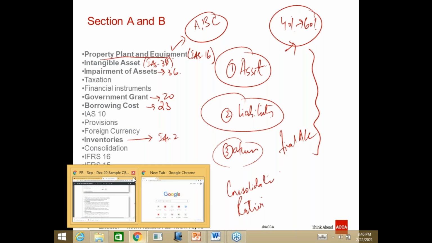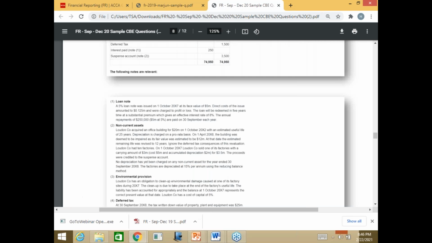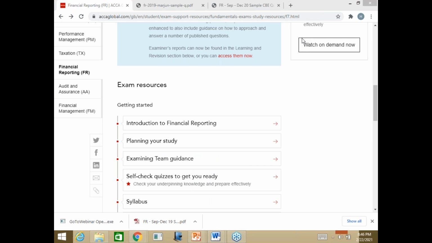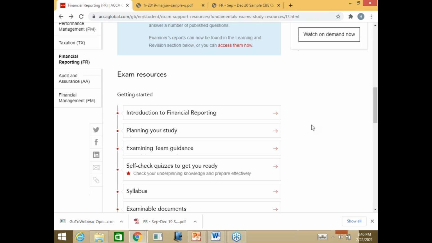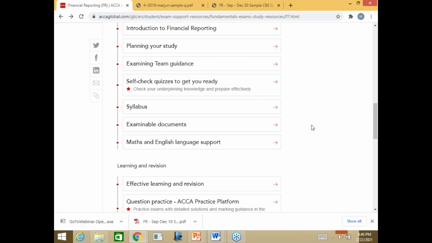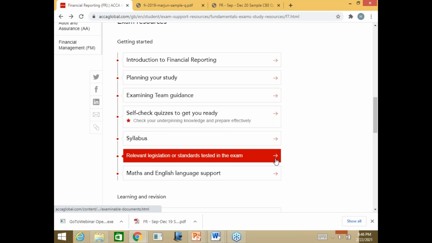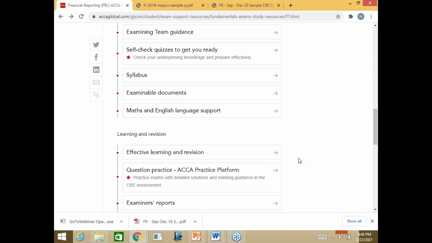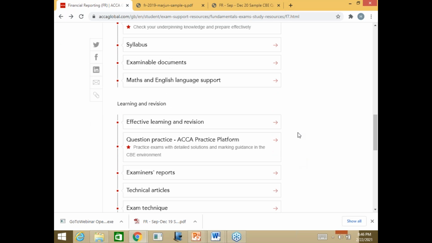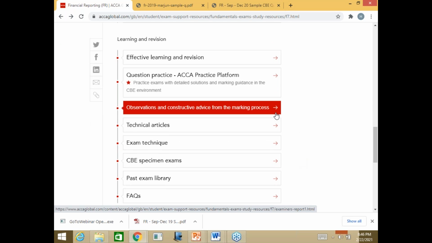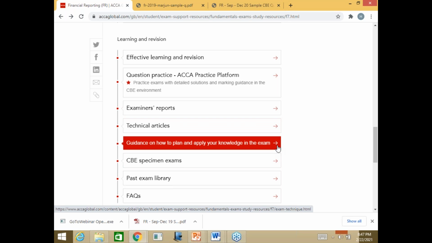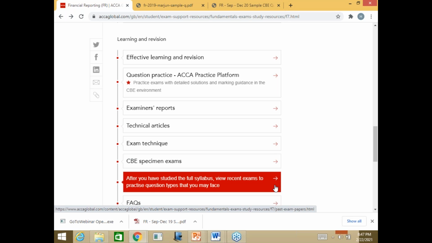Now, the first most important thing that students usually ignore at this level is the exam resources. I'm sharing the exam resources for this paper. Usually, students at this stage don't look at the examinable documents, and there is also a support English language course for this paper. Then the examiner's report is very important. It's my recommendation to all of you to at least read the last two reports of the examiner, so that you can identify why students failed in this paper. This is very important. Then exam techniques shared by the examiner, some past papers, some FAQs,